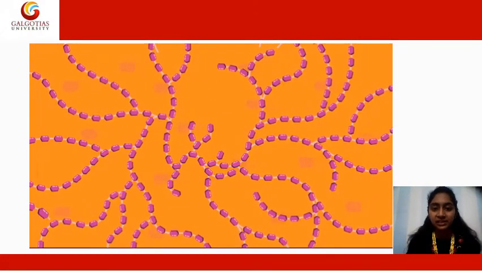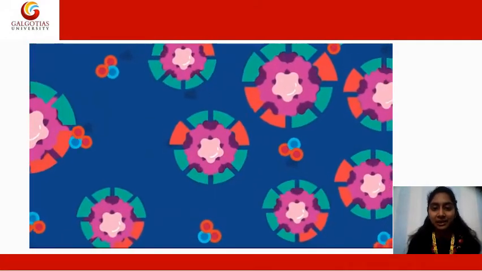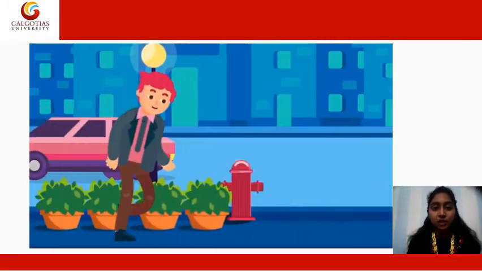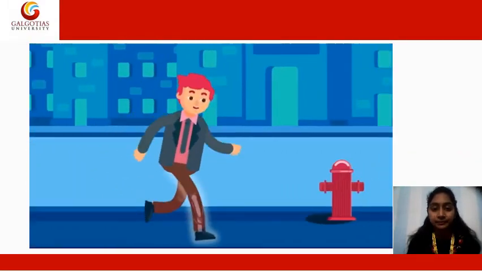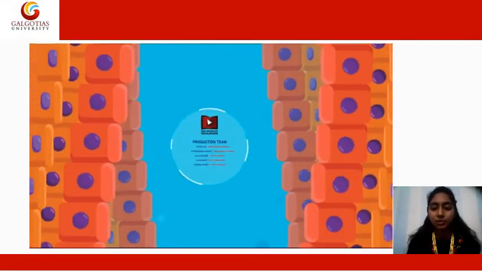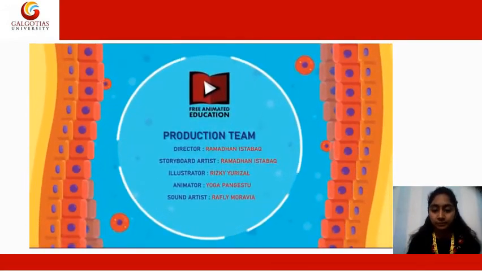Glycogen and starch are suitable for storage purposes for many reasons. They are large and partially insoluble in water, so they do not change osmotic pressure in the cell. Also, when energy levels are low, they can easily be hydrolyzed when needed and broken down into glucose, and energy is given to the body.